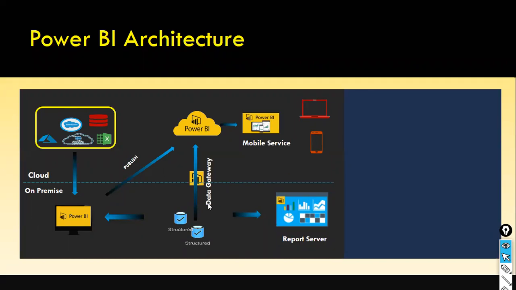The next one is the data gateway. What is this data gateway? Whenever you publish a report from Power BI Desktop to cloud, the data gateway publishes your report along with the underlying data automatically in a secured manner. Data gateway is also software, a piece of software available as part of Power BI. If you want to publish a report from your laptop to cloud, the data gateway should run on your local system. Only then can you publish it.